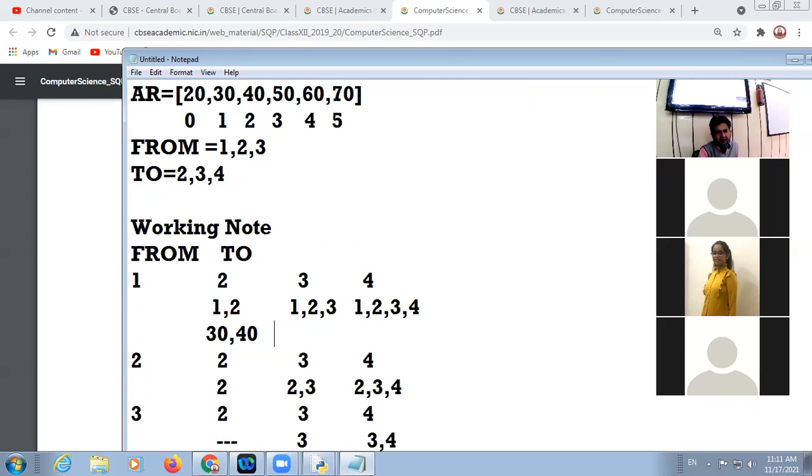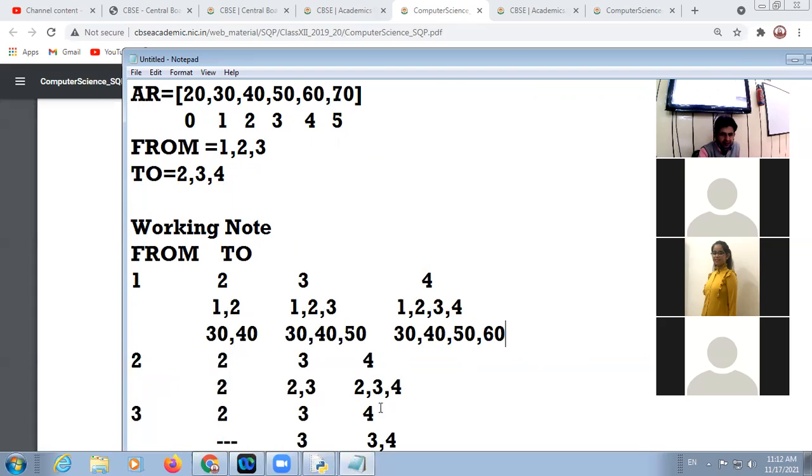Here is 1, 2, 3 means 30, 40, 50. And in this case, 1, 2, 3, 4 is 30, 40, 50, 60.